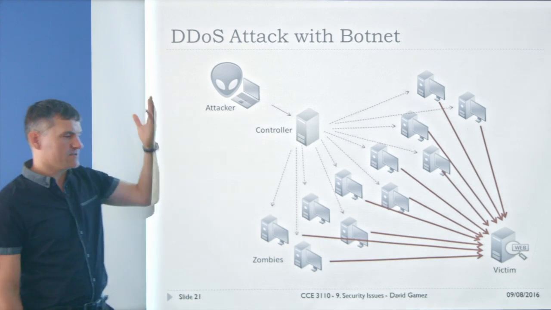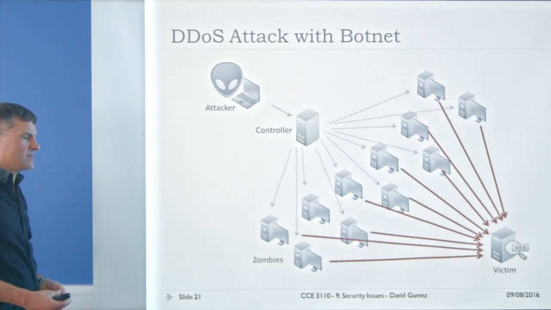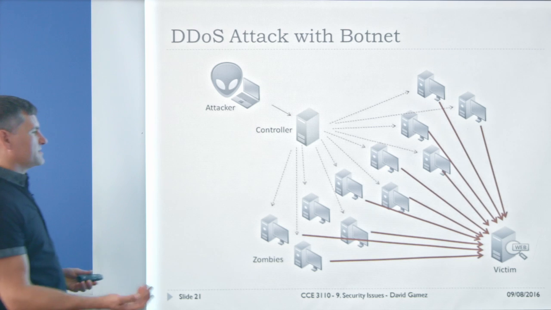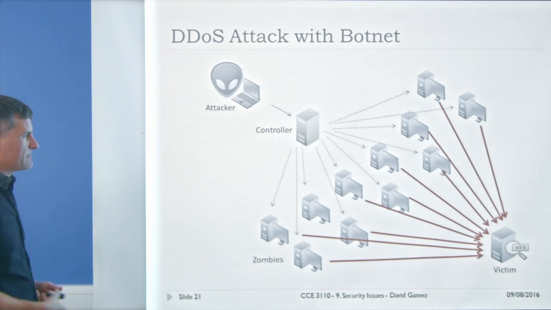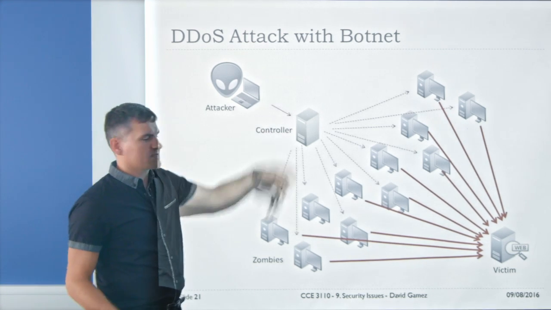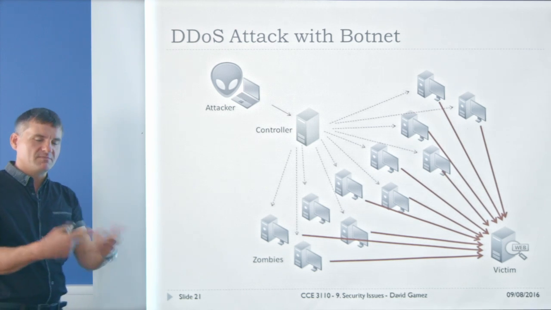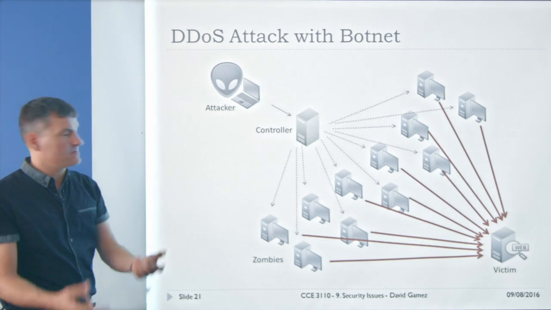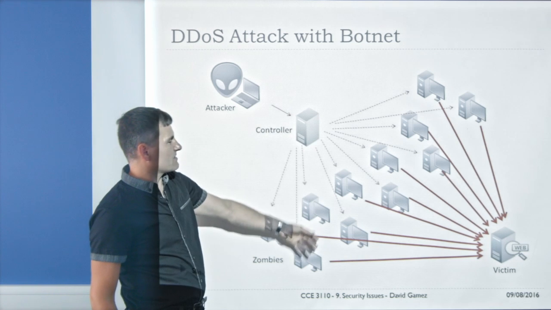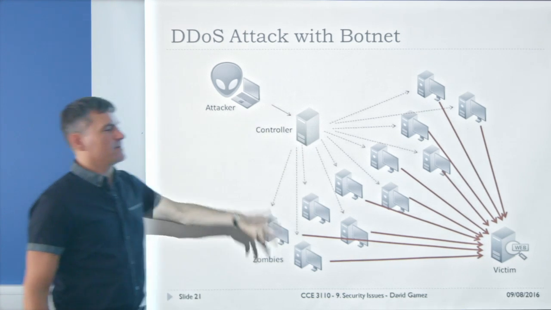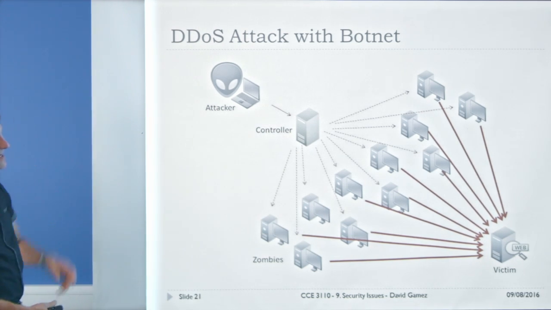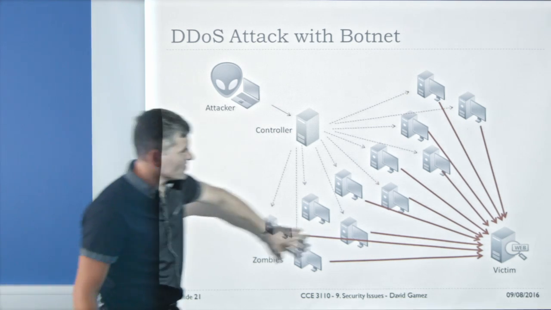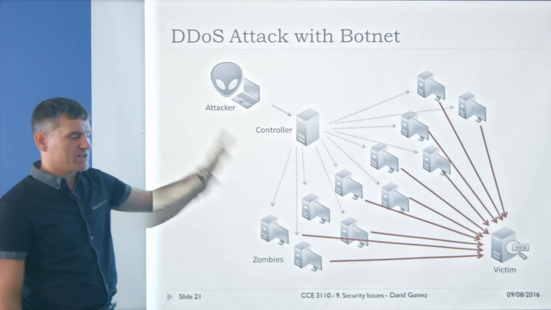The machines used to log into an internet relay chat system, so they used to get their commands by logging into some chat room type thing. Or they could just have a little server sitting there with a certain port open, or even an HTTP port. They can make an HTTP request to this controller and get back their commands from the attacker. So these machines are all controlled by the attacker through some phishing attack or something like that.